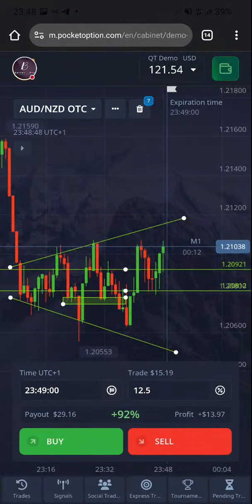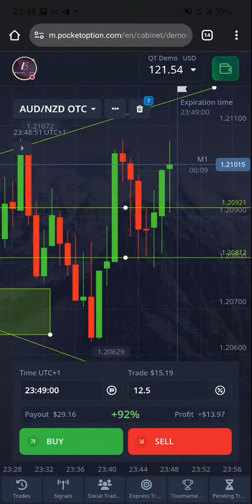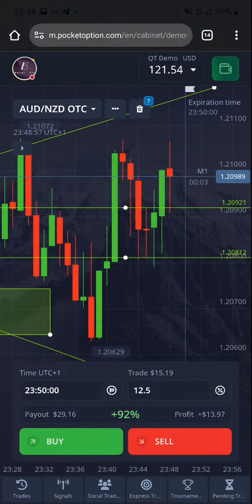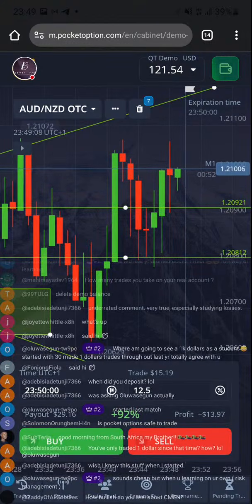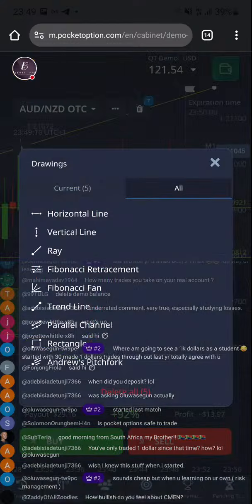And look at this. We're expecting a red candle now, but the buyers are coming in. You understand? So the probability of the market is not certain right now. Thank God at least it gave us that red candle. But really, I wouldn't take that trade because the probability of the sellers is not on the high side.